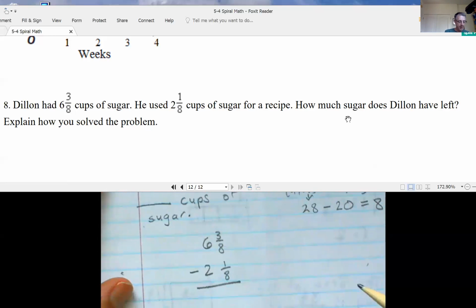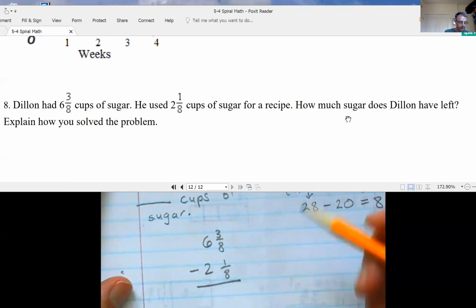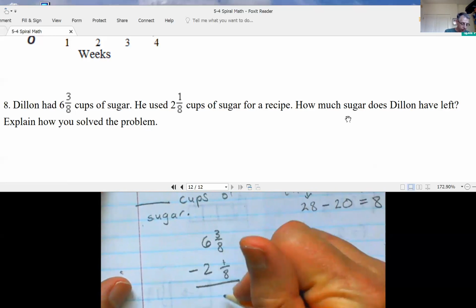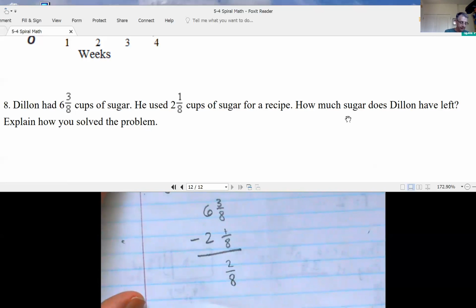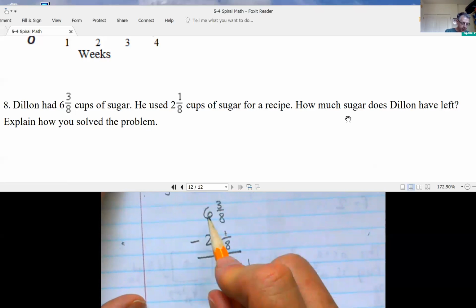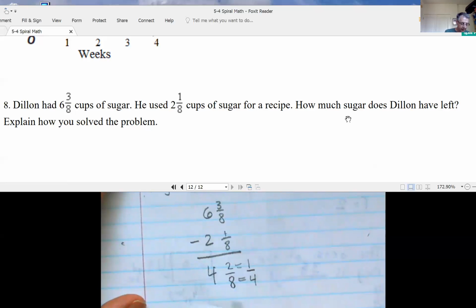Oh, good. They have the same denominator, which makes it very easy to do. 3 minus 1 is 2. I don't do anything with my denominator. Now I have 2/8. 2/8 I know can simplify down into 1/4. So my whole numbers, when I subtract them, 6 minus 2 is 4. Dylan has 4 2/8, which simplifies down to 4 1/4